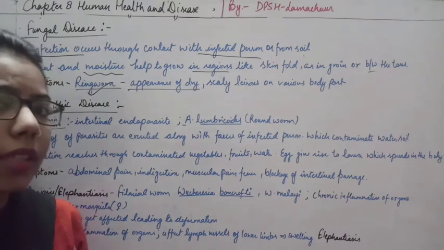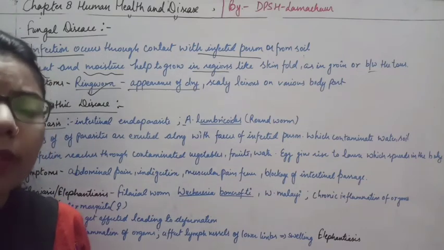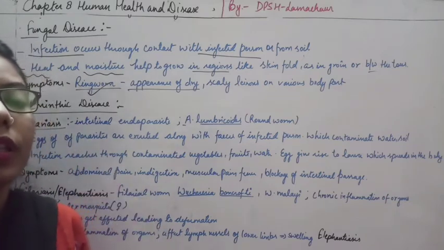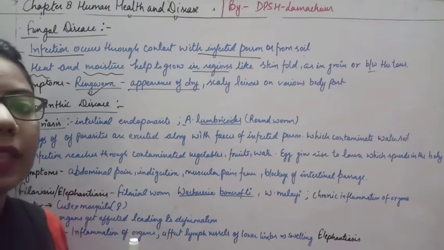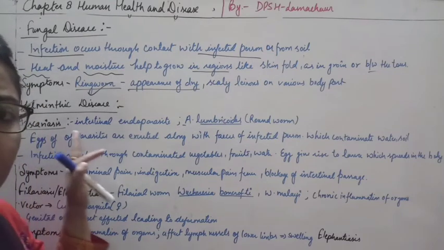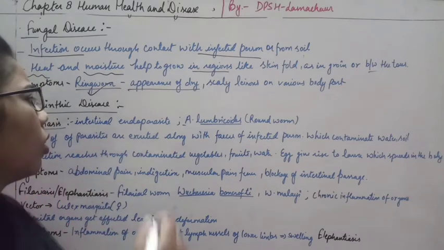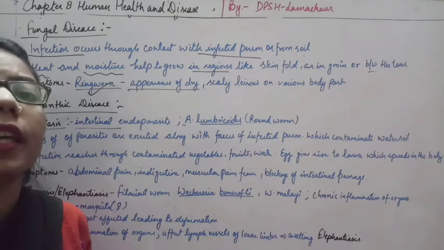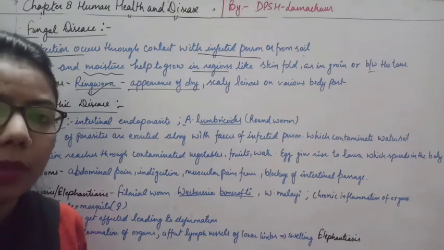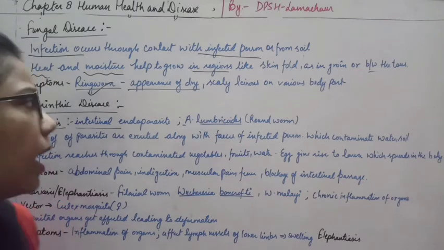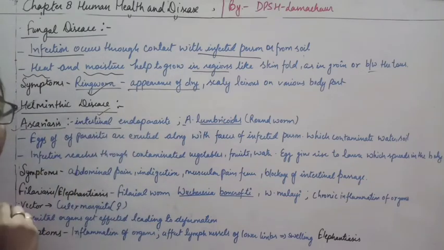We have done about the Ascaris, which is present in the stomach, and we can see the sexual dimorphism in the Ascaris, male Ascaris as well as the female Ascaris. So here, this Ascaris is what type of disease? It affects the intestine. So we can say it is an intestinal endoparasite, meaning this type of parasite is present inside the body and it is affecting the intestine.